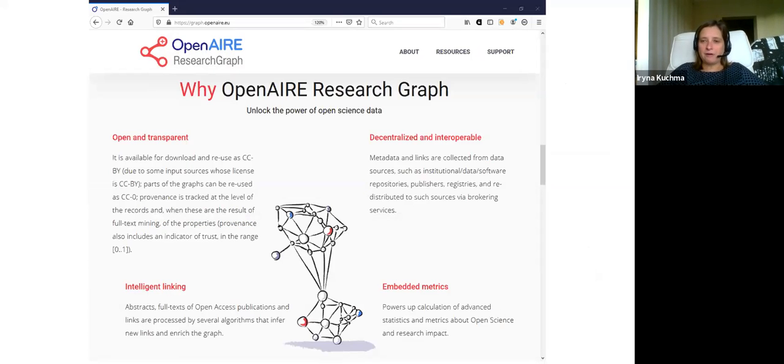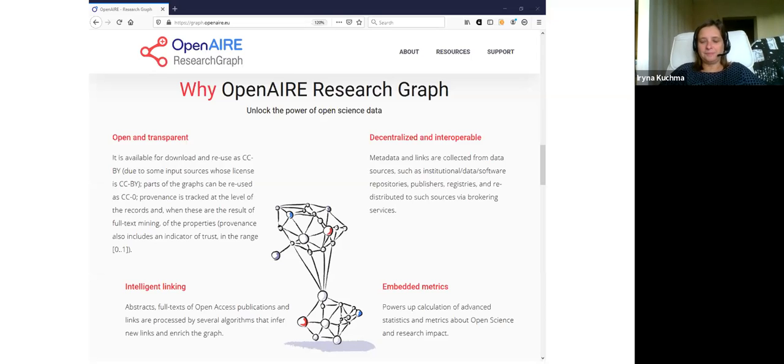And this graph is openly available, so you can just go and download it using our APIs or any other way you would prefer. It's openly licensed,